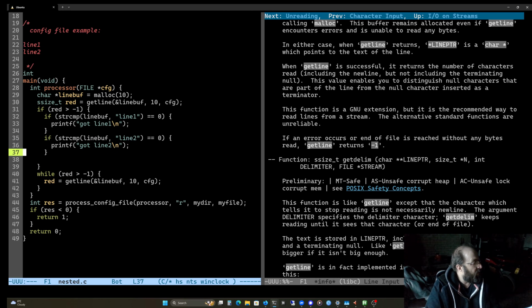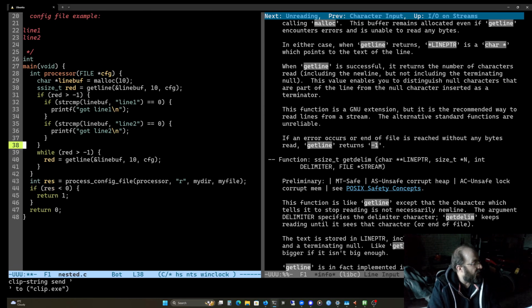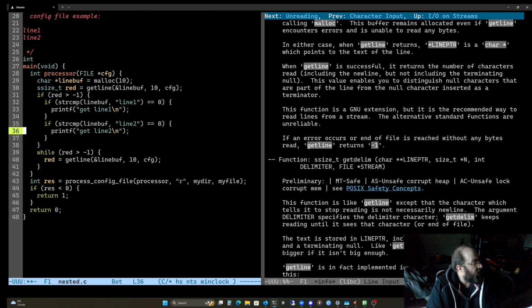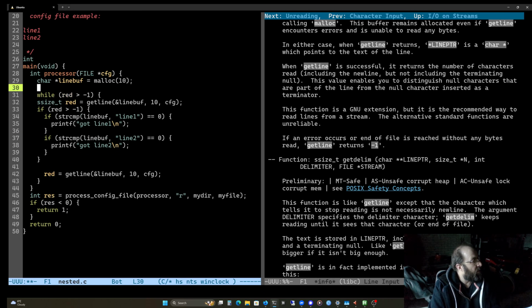So you realize I'm parsing the line. It's all good. And actually, oh boo! It would be good to just have this, wouldn't it? So have a single loop. So we could go size_t red equals 0, and then we could do this.